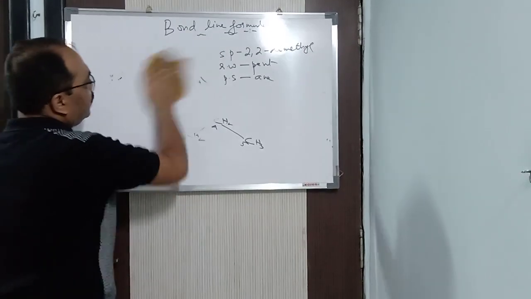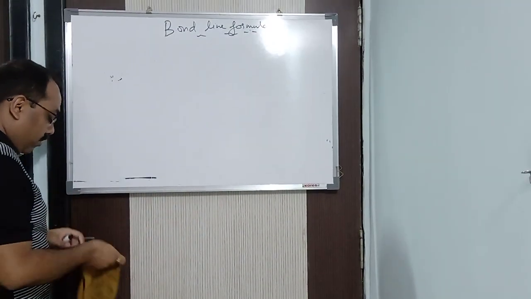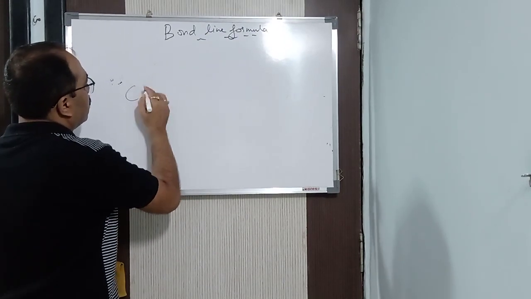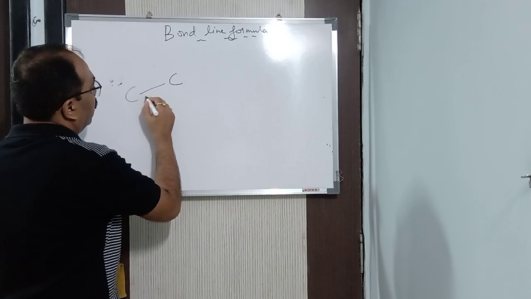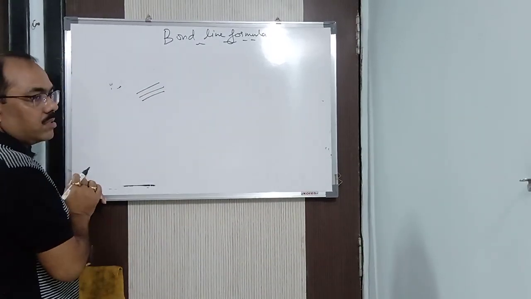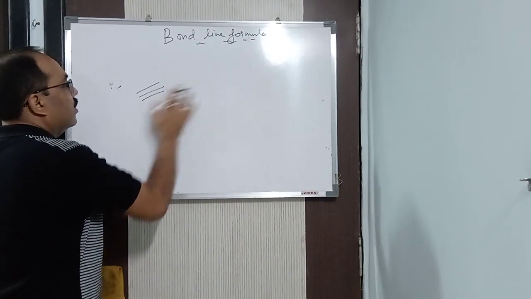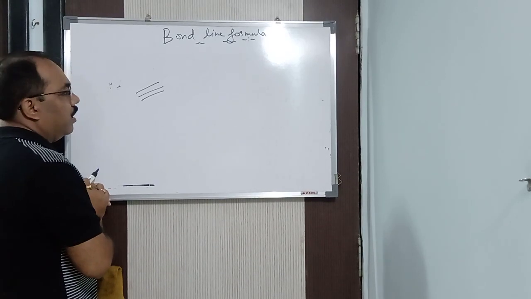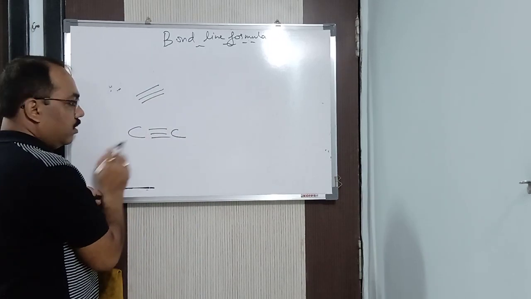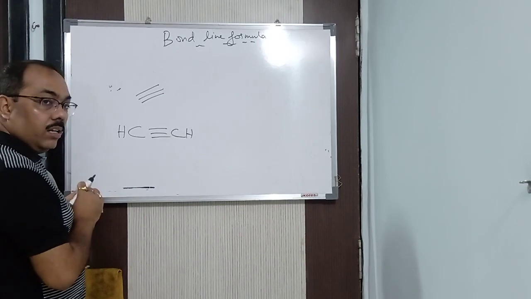In this way, as many questions as you do, the things will be clearer to you. The more and more questions you do. Now, next, suppose you are having a compound in this way. What does it mean? This one is ethyne. If nothing is there, nothing here, tell me what is this compound? It is ethyne. You will say, sir, how is it ethyne? Okay, fine. Carbon at both ends. Carbon is having 3 bonds, so one is hydrogen. So what is this? Ethyne.